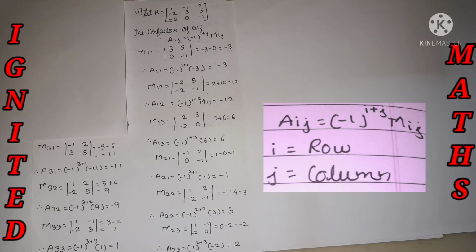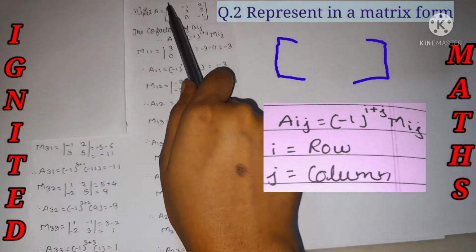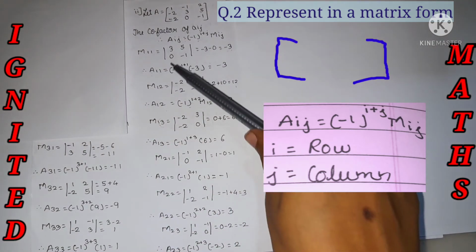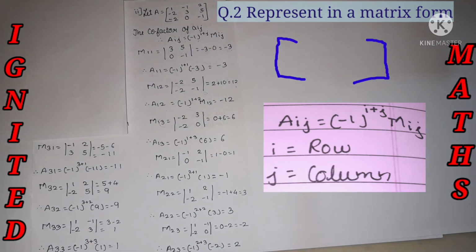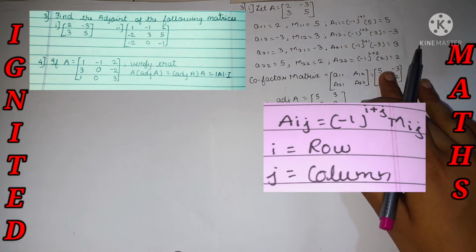Now the second main question: find the matrix of the cofactor for the following matrices. Here's the difference. We have just found the cofactor of each and every element. In the second main question, we need to denote it in matrix form, as we have represented over here. Okay, we need to represent the minor elements and cofactor elements, each and every one, in the matrix form. That's the difference in the second main question. The rest of the procedure is absolutely the same. Let's move to the third main question. So I took the first sub question over here.